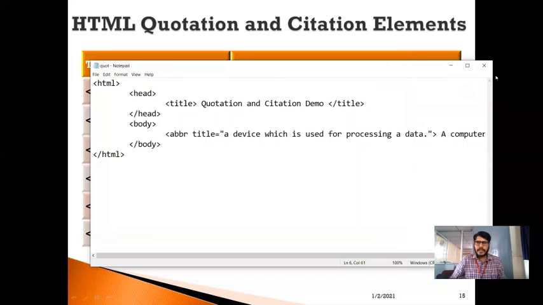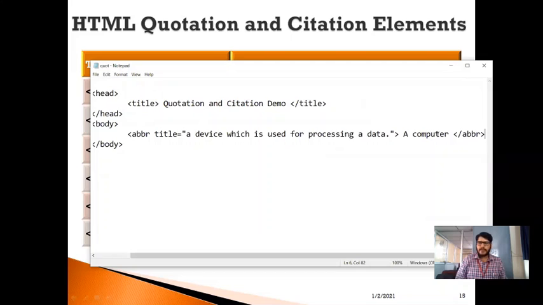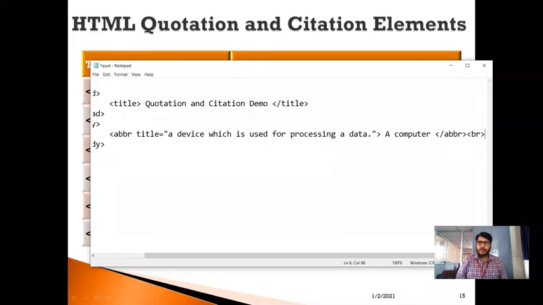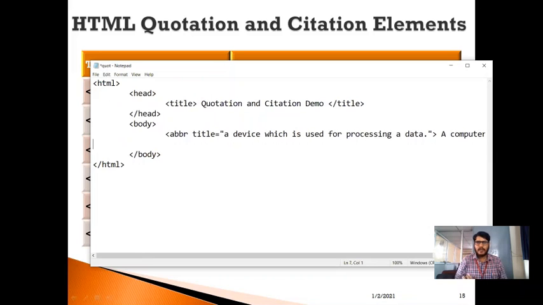So similarly, we can write the address tag also. Let me do that. After this abbreviation, let me include one break tag here so that it will break the line into a new line. Okay, so after this, assume that now I'm going to include the address of the author.